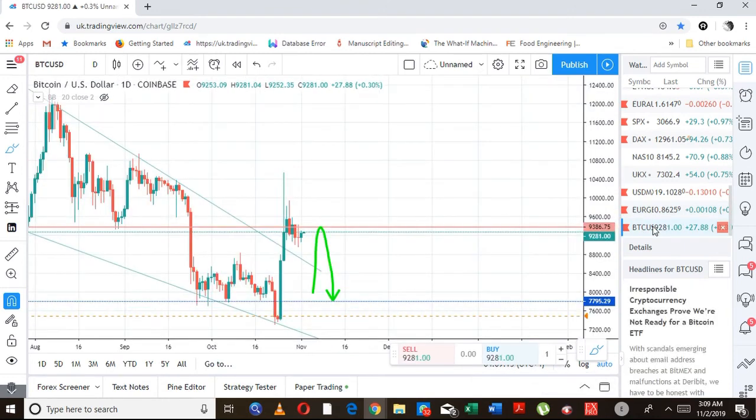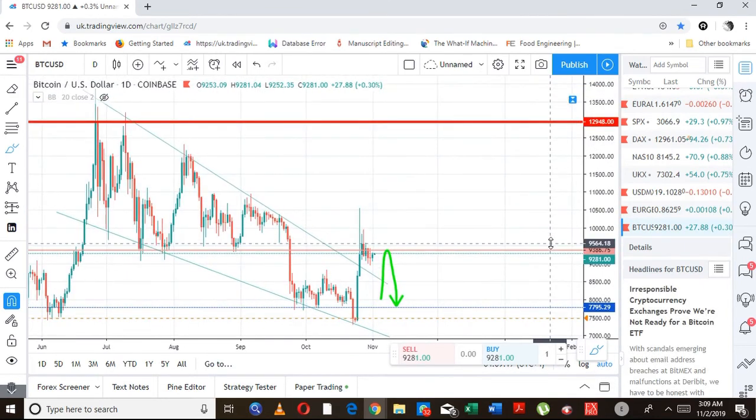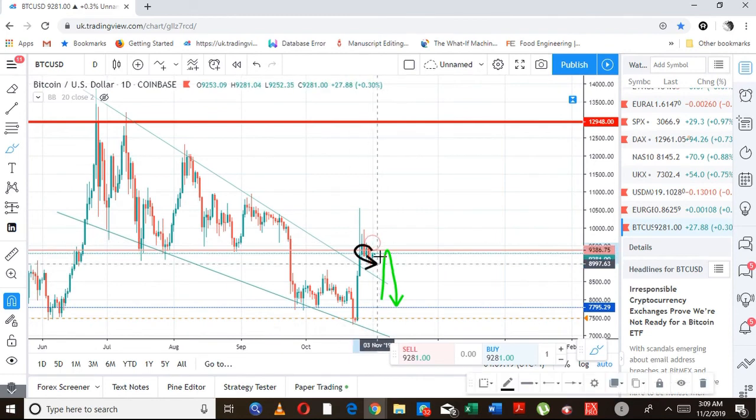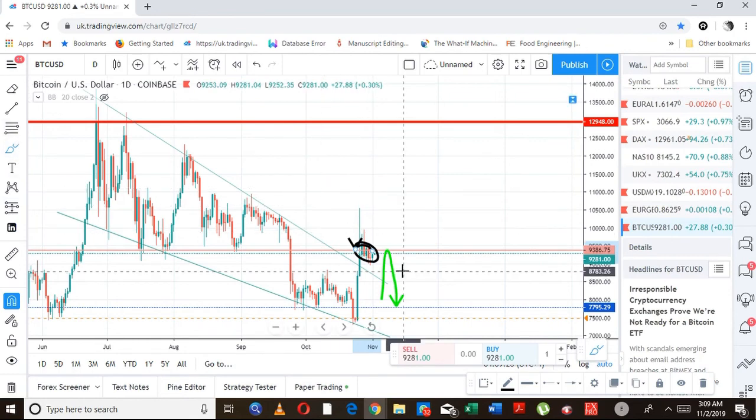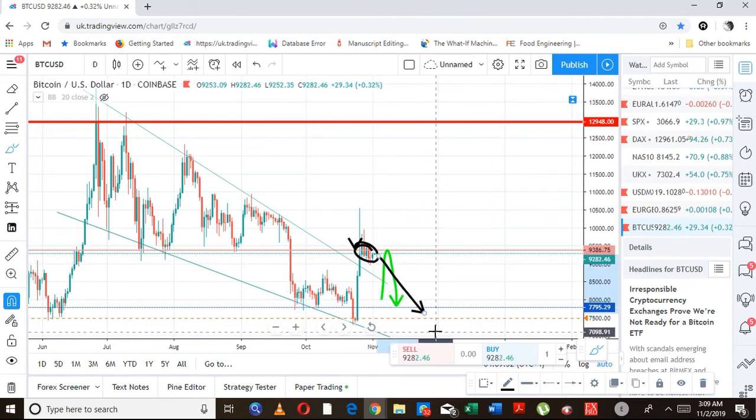The last trade will be Bitcoin, and Bitcoin has finally reached an area that we wanted to short, which is right here. I would like to see a bit of weakness in Bitcoin USD, and we're going to see the price going all the way down to the support area of